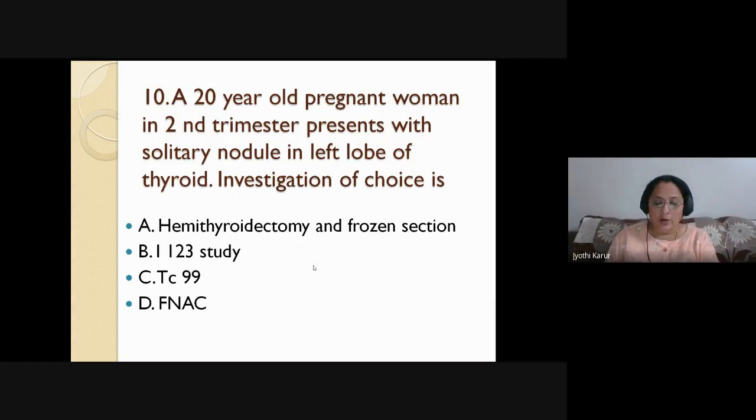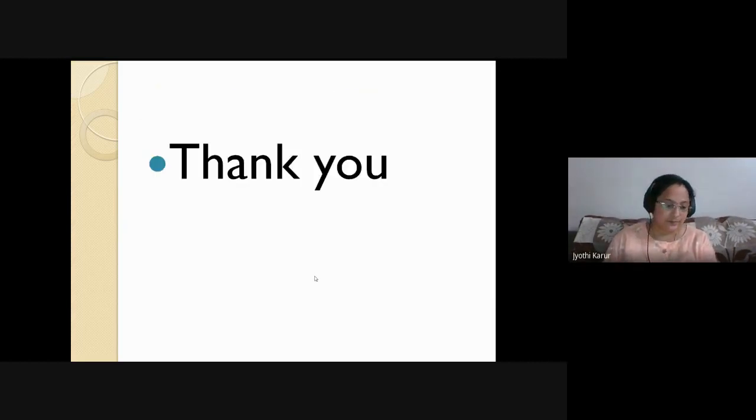So now, are you able to understand different types of thyroid carcinomas? What is the treatment, how to diagnose, and how to differentiate different thyroid carcinomas? Now, queries, please. Please come up with queries, questions. Have you understood the topic? Yes, ma'am. So please go back to your Bailey and Love.